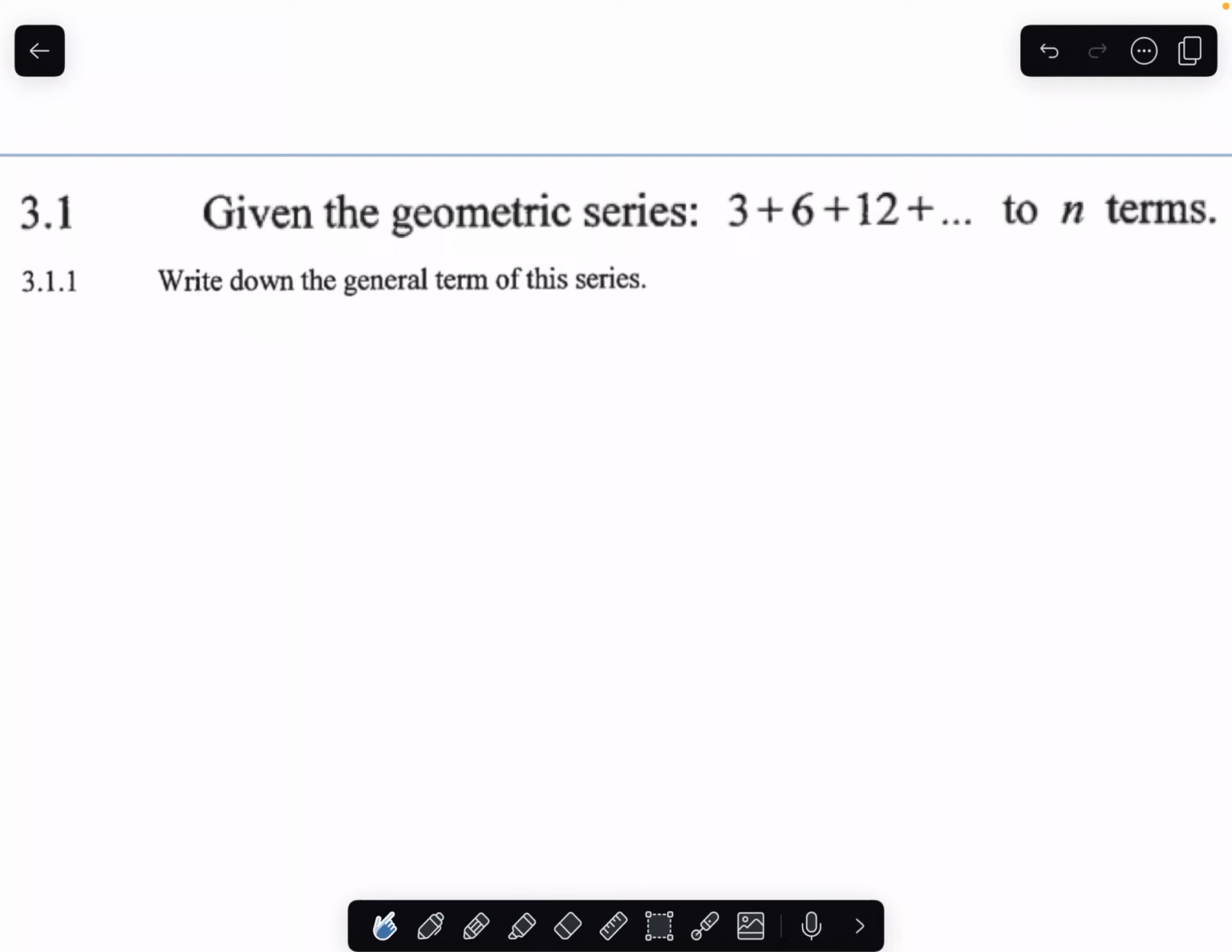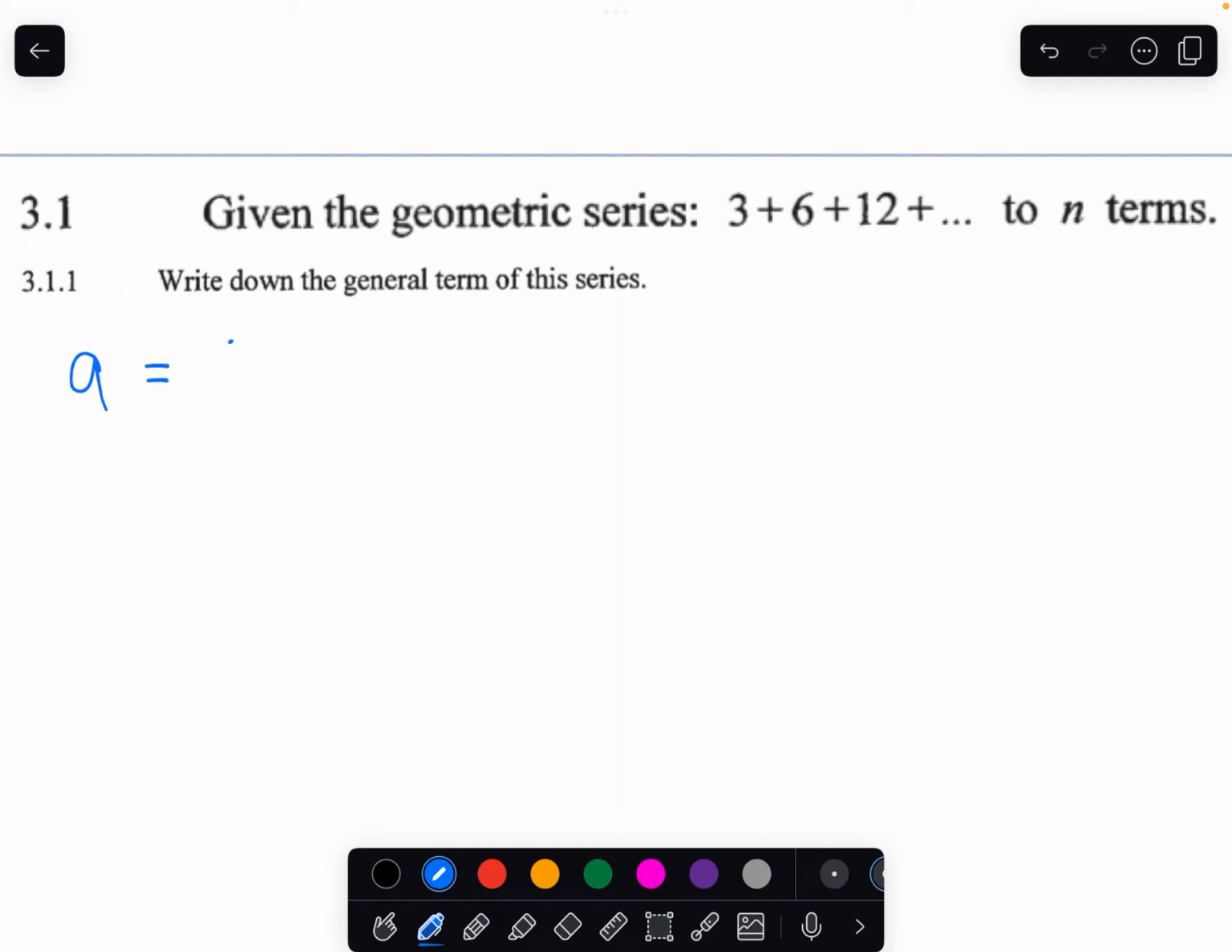We are busy with the department's paper 1 from November 2023. Question 3.1. Given the geometric series 3 plus 6 plus 12 plus ... to n terms, write down the general term of the series. Okay, so